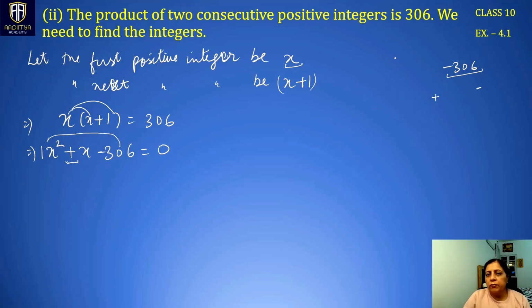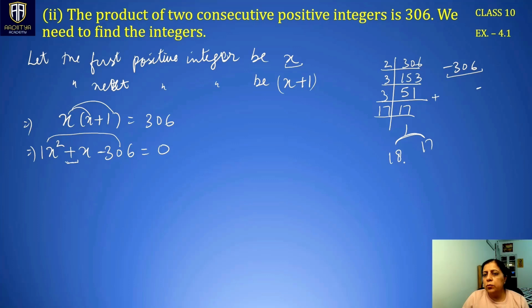So we have to look for the factors of 306. Divide this by 2, this is 153. Now this number is divisible by 3. 3 5s are 15, 3 1s are 3. Then we have 3, 17 and 17, 1. Now the factors should be two consecutive numbers. Now what are those? You can see this is 17. This cannot be broken down further. This is 3 3s are 9, 9 2s are 18. So 18 and 17. These are the two numbers